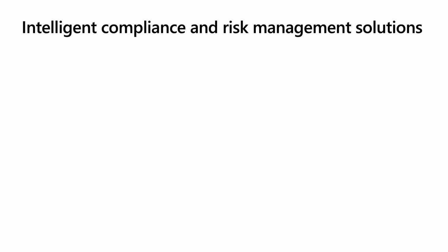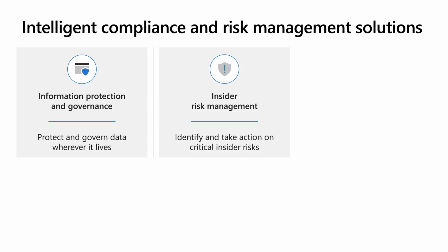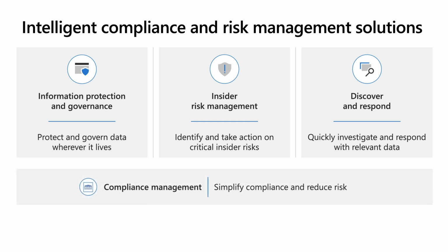Microsoft 365's solution to compliance problems aligns to 3 pillars. Information protection and governance, which helps customers know their data better and protect and govern data throughout its life cycle. Insider risk management, which quickly identifies and manages risks from insiders, that could be employees or contractors with corporate access, and minimizes negative impact. Discover and respond, which helps discover relevant data for internal investigations, litigation, or regulatory requests, and respond to them efficiently. And finally, compliance management brings this all together by simplifying your risk assessment and mitigation in